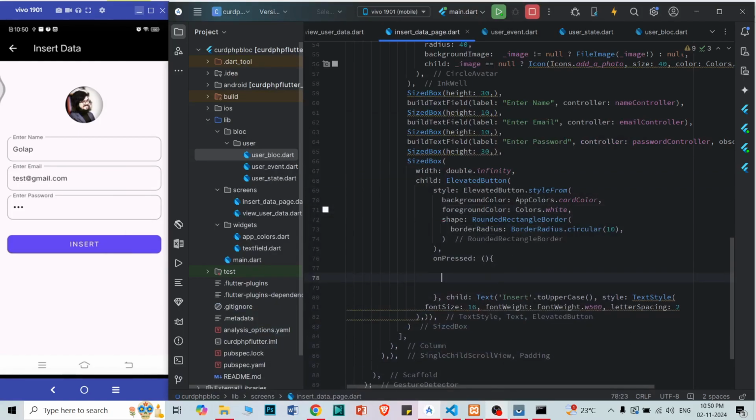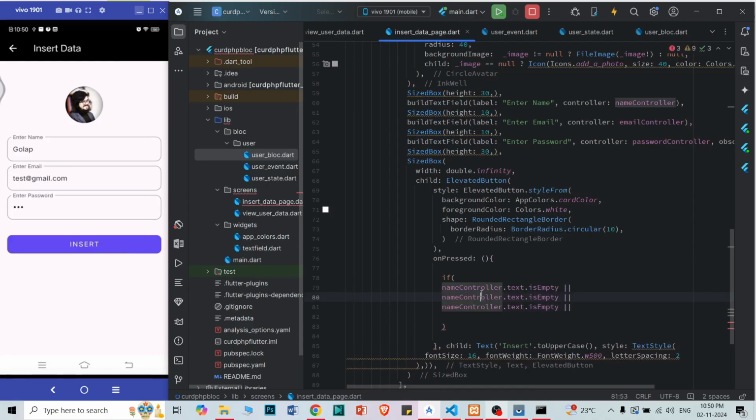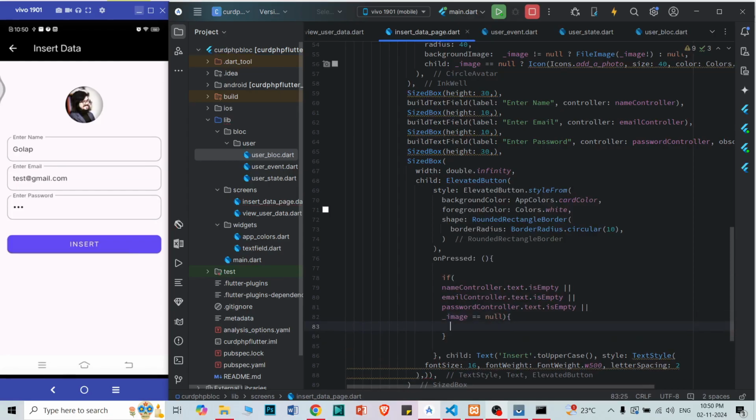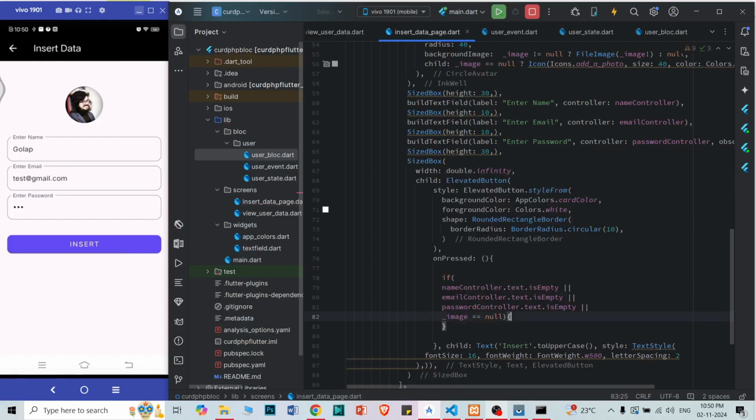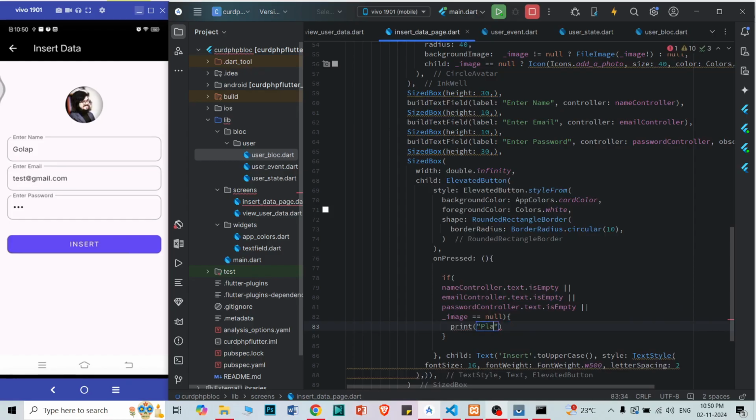In this onPressed, first of all we need to check if name.text is empty, email controller is empty or not, password is empty or not, and image equal to null or not. If everything is null, for now we are going to print please fill all the fields. Okay, else